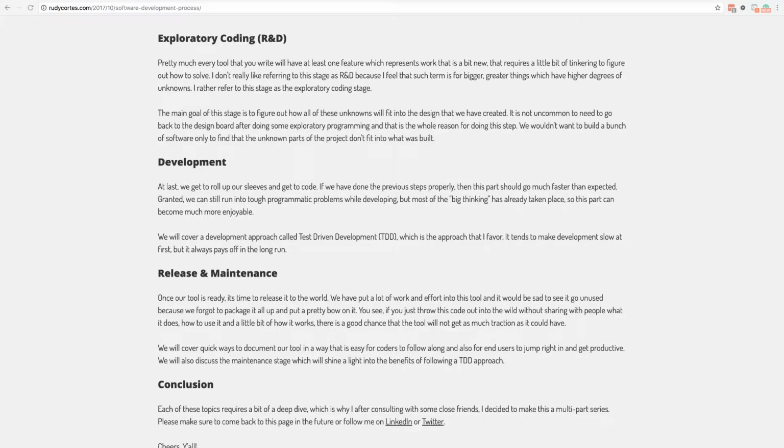And the final stage in most tools is going to be maintenance, right? Regardless of how good you are as a developer, I've never met a single developer who has never made mistakes. So there are always going to be either bugs in there or feature requests for improvement, and that is something you have to keep in mind. You have to make sure that you can go back in there and fix the software in a way that you're not introducing more issues or more bugs into the system.